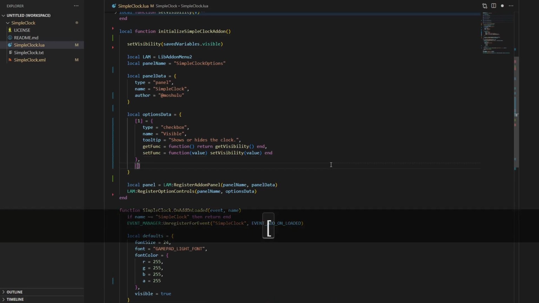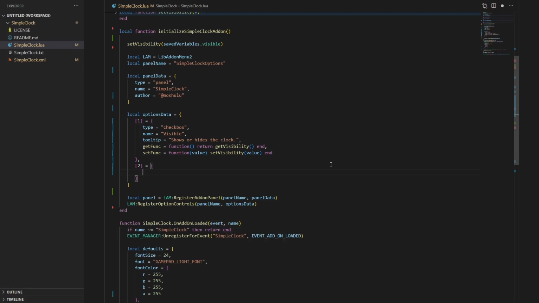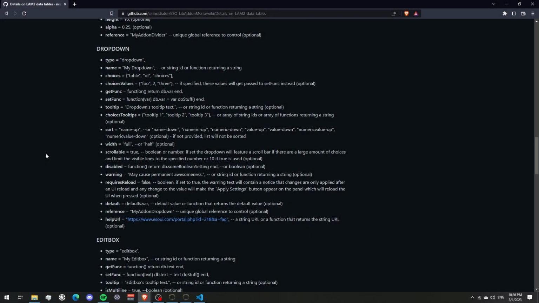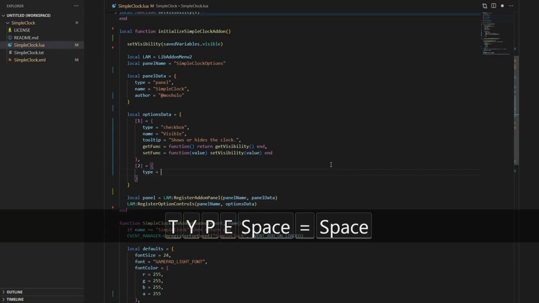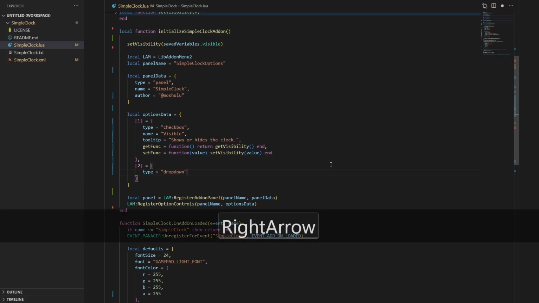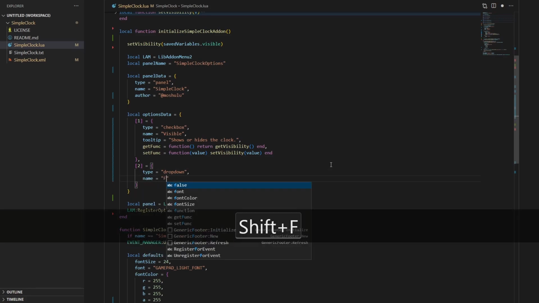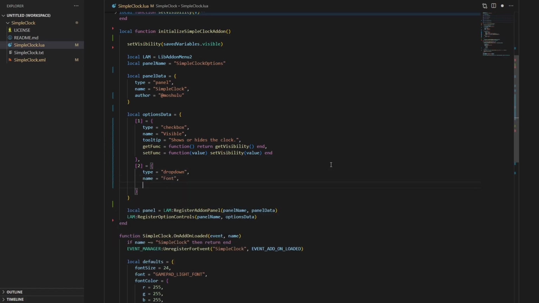In our options data table, add square bracket 2 equals and an empty table, and in that table, let's add a dropdown. Reading the documentation, let's put in the type, name, tooltip, choices to set what the player could choose, getFunc, and setFunc. Let's add type equals dropdown, name equals font, tooltip equals the font of the clock, choices as